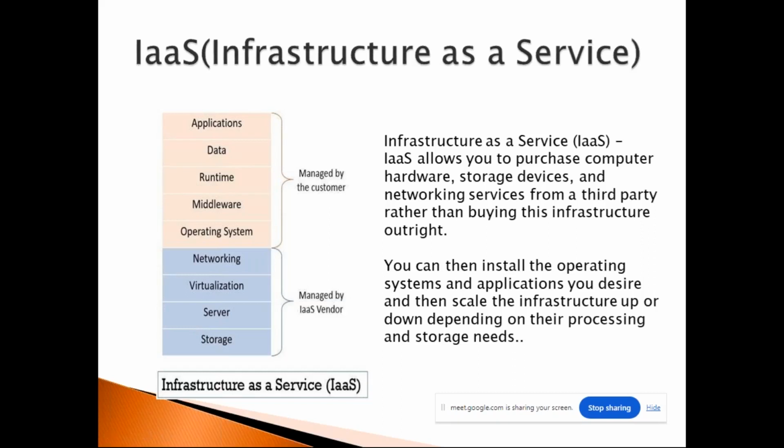Otherwise, what happens? I have to take a 2-bedroom, 3-bedroom premises. I have to purchase the storages. I have to purchase the server. I have to purchase networking like the switches and routers. It is very expensive, right? Why should I go for purchasing the hardware? This hardware is going to be provided by your service provider. So take the hardware from the service provider. You just install the operating system and applications. This is called infrastructure as a service because hardware is very, very expensive.